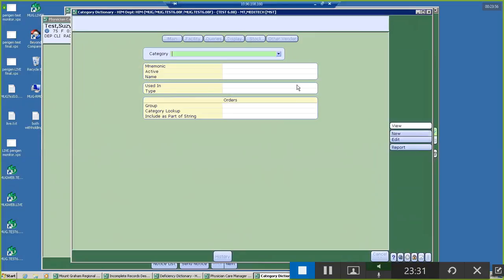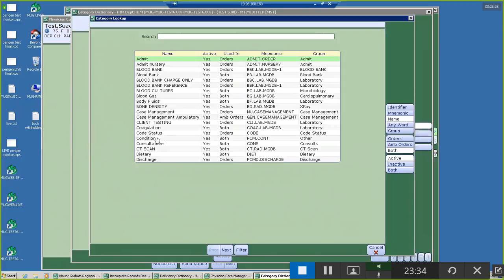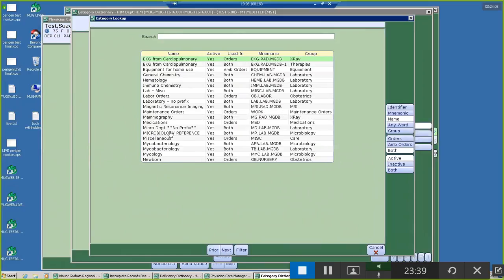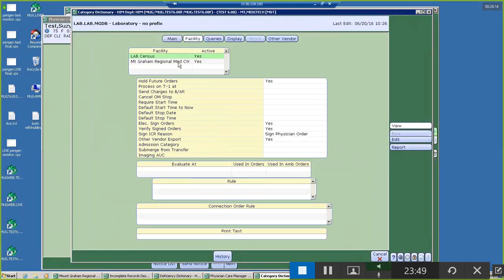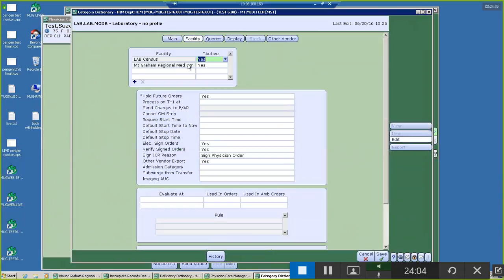So here within the order category, there are various entries that are already defined. I'm going to go ahead and pull in just a random category of order, such as a lab order. And we want to go into the facility specific tab. The parameters that we set here are distinguished by facilities. So we want to put the facility in question and pay attention to two fields. The first one, we can go in edit mode. The first one is the